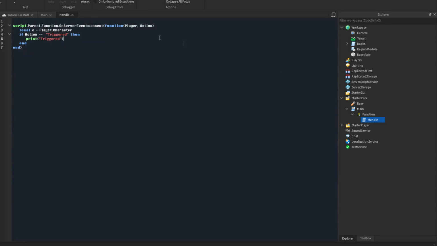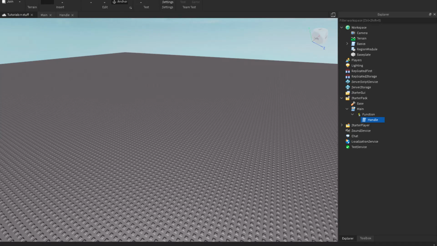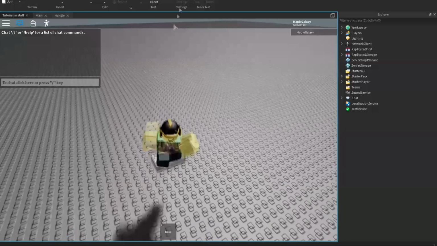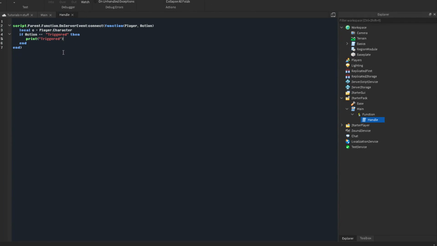So this should be going to the server. Now it'll show up in the output in here, but why did I do that? My bad. So it should just be script.parent.onServerEvent connect function player.action. Then